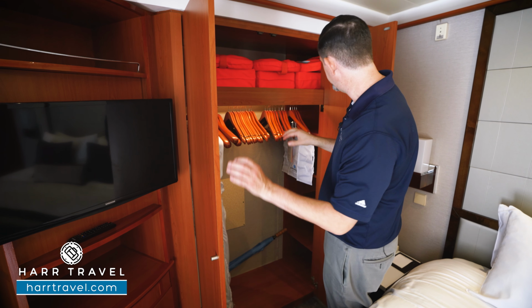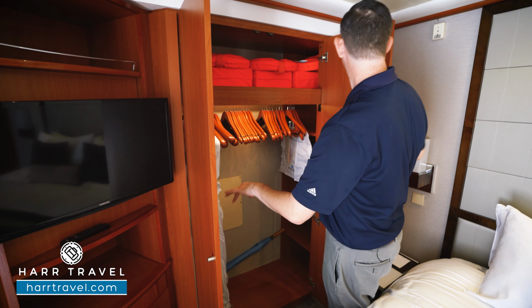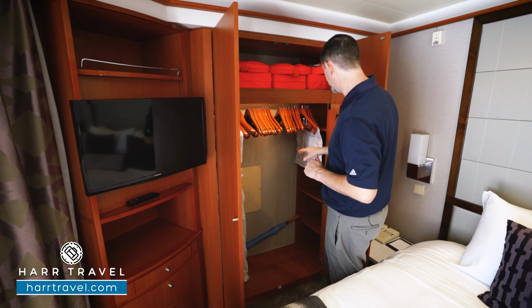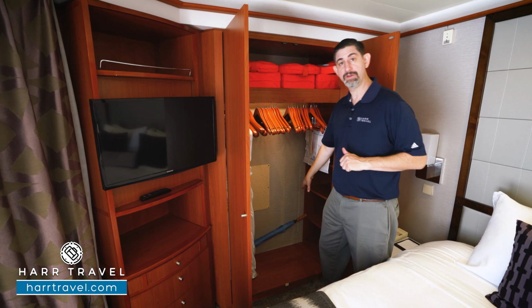This tucks back on either side, and you have shelving units that go all the way to the back and the front of the room. Hanging storage across the middle, nice golf umbrella that you can utilize on board, and then those extra comfy bathrobes and slippers. Our guests love them so much that many of them purchase one when they get home. Now I did want to point out from a storage standpoint, you've got tons of storage room underneath the bed,